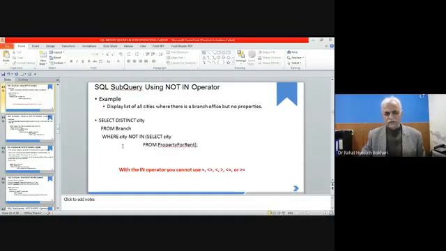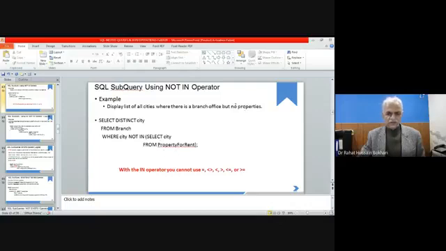Further, you have to remember that when you are using in or not in, you are not using other operators, such as the relational operators: equal, not equal, greater than, less than or equal, greater than or equal. Those are not used with the operator in. You can use only in or not in. This statement may also be written as select distinct city from branch where city in this one. But we said, but no properties.